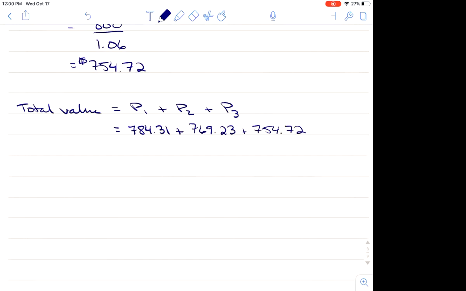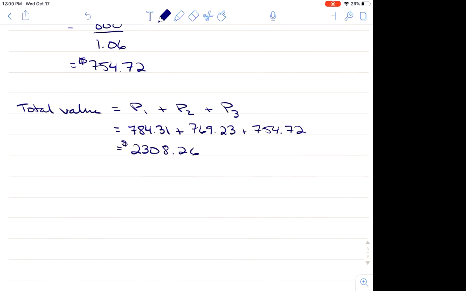So once we add all these up, 784.31 plus 769.23 plus 754.72, I get $2,308.26. So the maximum that we would pay for having $800 4 months, 8 months, 12 months from now, right, should be